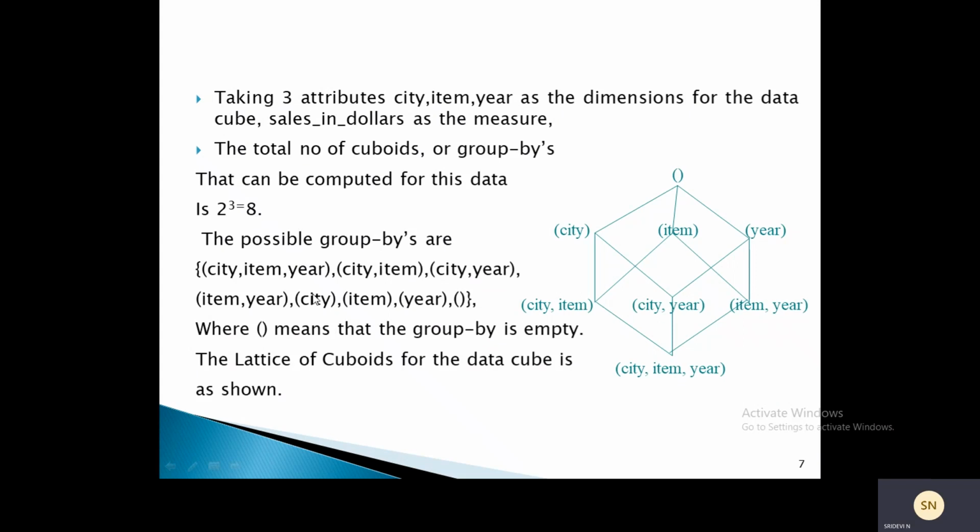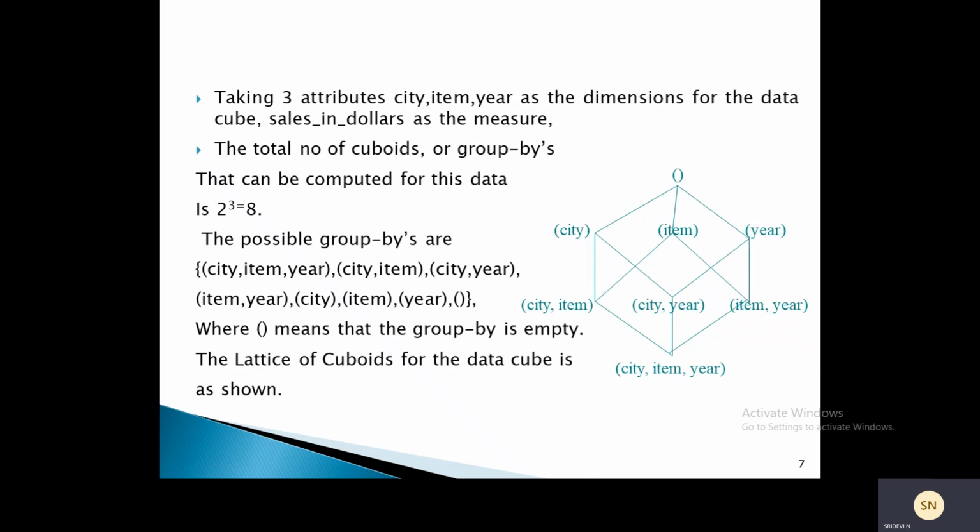The possible group bys are: city, item, year; city, item; city, year; item, year; city; item; year; and the empty group by. This is the lattice of cuboids for the data cube.